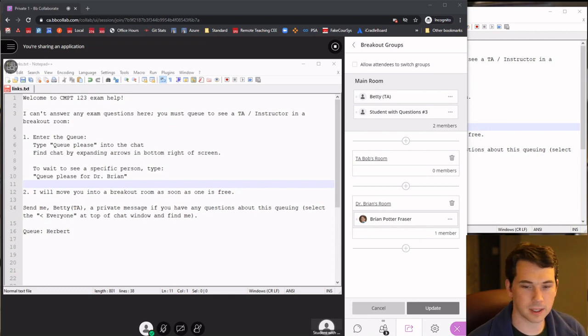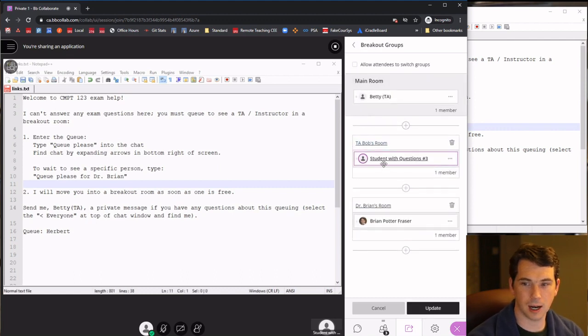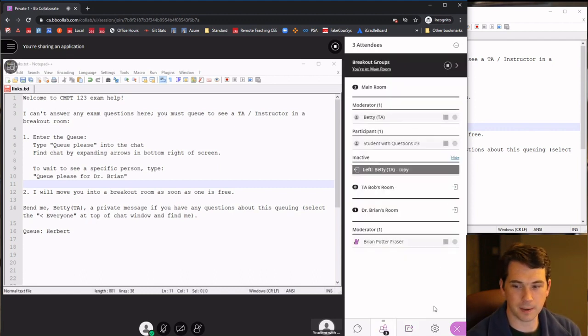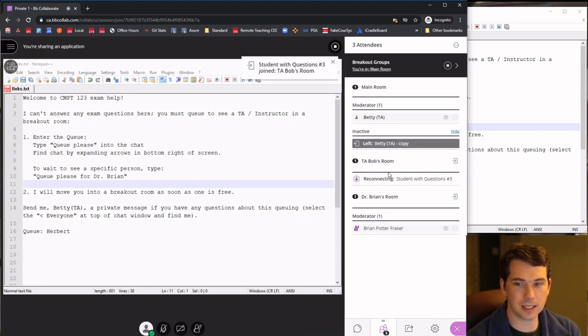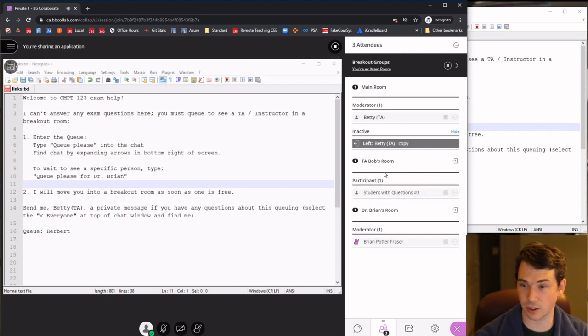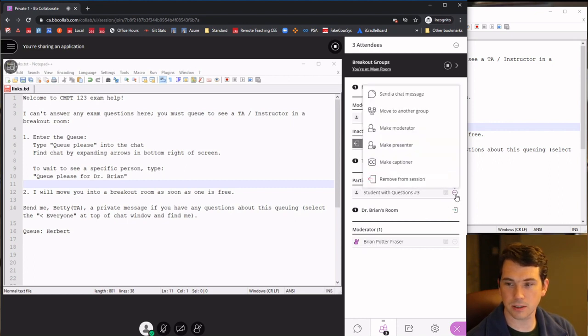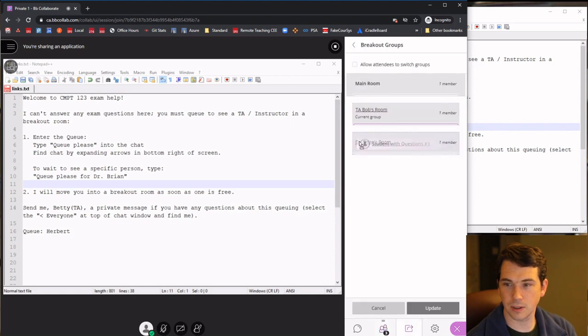One additional thing I want to point out is that we can use the system to help with a multi-level queue. So imagine that a student comes in, and I've got here a student with questions, and we'll say that student with questions gets assigned to TA Bob's room. I'll update that. And then while talking to TA Bob, maybe TA Bob goes, well, actually I can't answer your question. You need to maybe talk to the instructor, which is down here inside of this bottom room. So they can do the same thing that we're doing here. They can assign, move to another group, and they will put them back into the main room